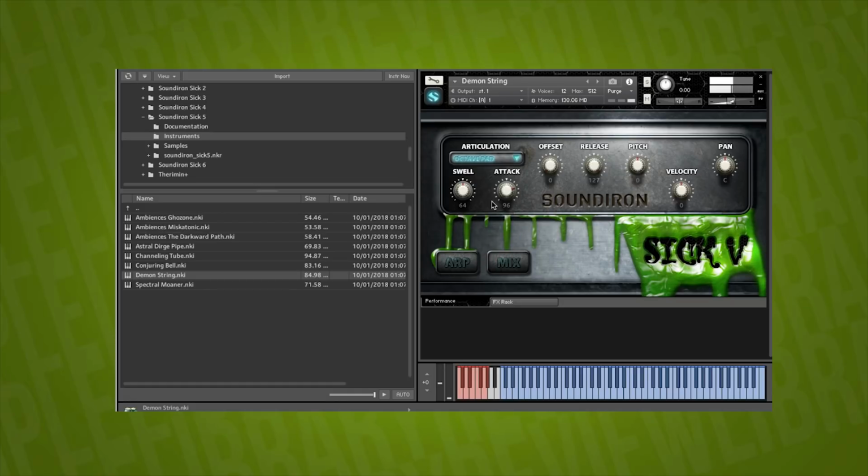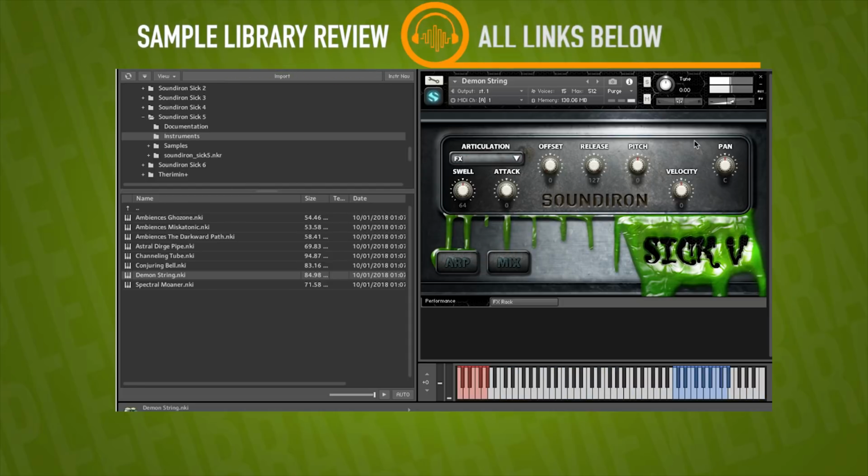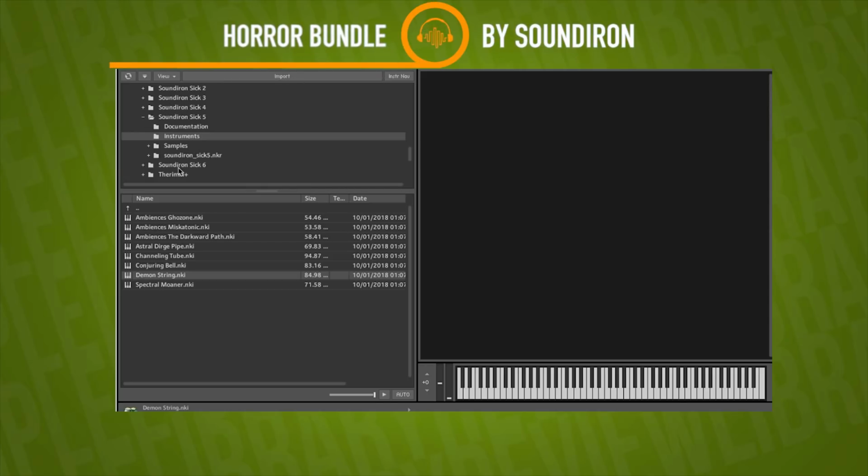Then it looks like we got octave pads, and some effects. This guy just won't stop, will he? He just keeps going. That's nice. That's a little too much going on for me. Let's jump over to